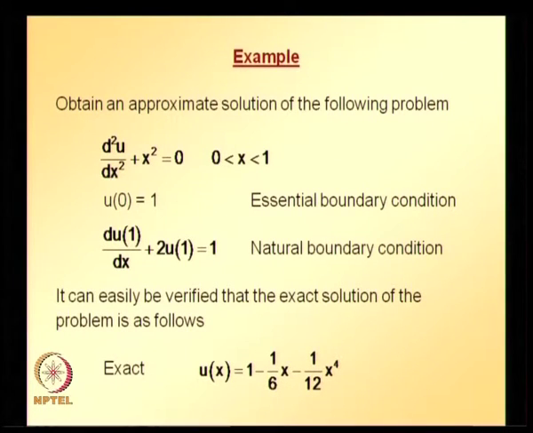And also, as in the previous example, you can easily find the exact solution for this problem. You may ask me why, once we know the exact solution, we are trying to find an approximate solution. The logic is we will use various orders of trial solutions and see how they match with the exact solution, so that we can get an idea about the efficiency of this method. But whatever technique we are learning here can be applied to some other problem where you do not have an exact solution. That is the basic idea.